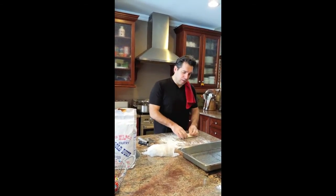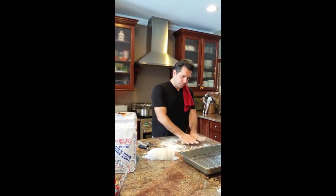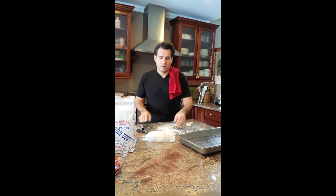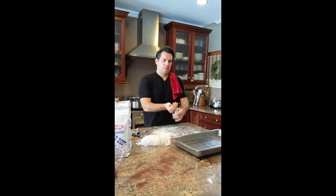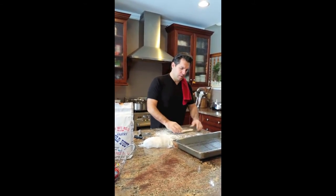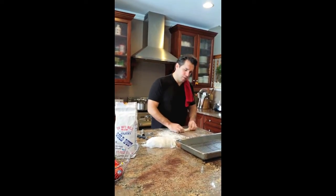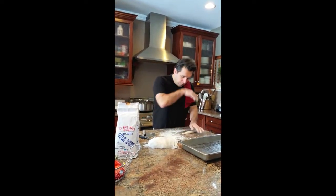Now this dough can be used, same thing you'd use for pasta, any type of pasta. If you want to make cavatelli, you can. You can also make pasta through the pasta machine. Lately I've been using the guitar, which is basically two racks of wood with sharp strings that go through it. And see how nice and stringy that is? And then you push your pasta through it. And I'll tell you what's great, which unfortunately you can't smell at home right now, is this smell. It has such a beautiful